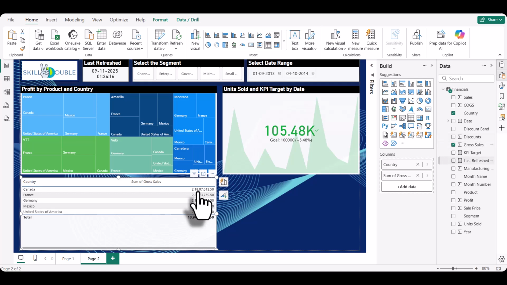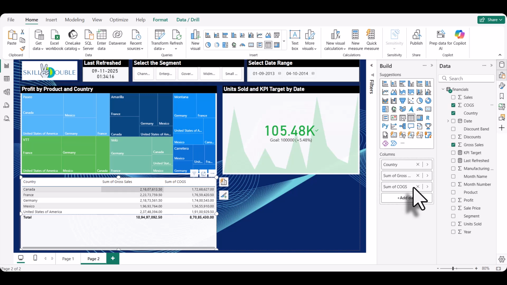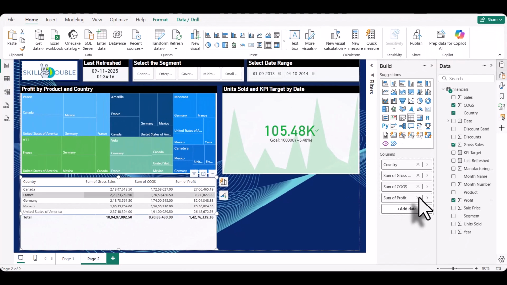Then we will add cost. So what is the cost? I can see that this is the sales and this is the cost against the sales for each country. And then I will add profit, right? So this is the table that we have created, and it gives a very quick and easy view for the